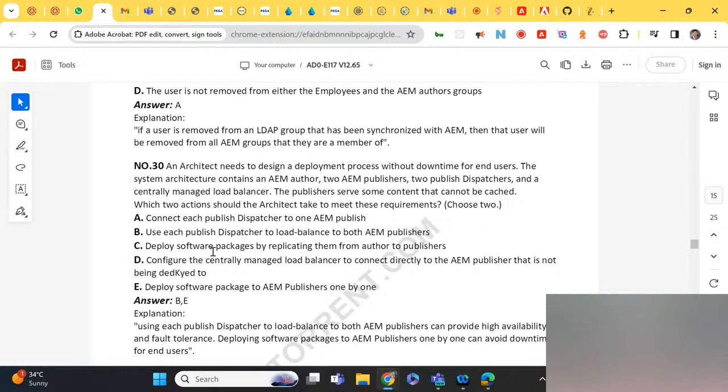How do you guys do it in your projects? Do you stop the dispatcher also, or stop only the AEM publish instances? No, I don't think we ever stop the dispatcher. As per my understanding, the dispatcher is always available. So when one is down, the other one has to be available. If we have one-to-one mapping, the other one is not at all available for the dispatcher. It will always give an error, right?